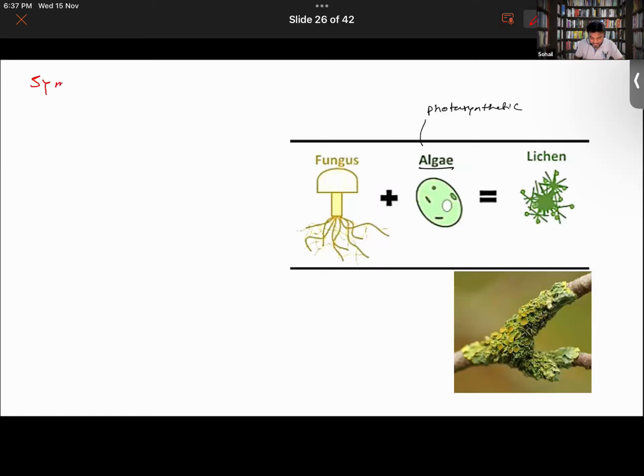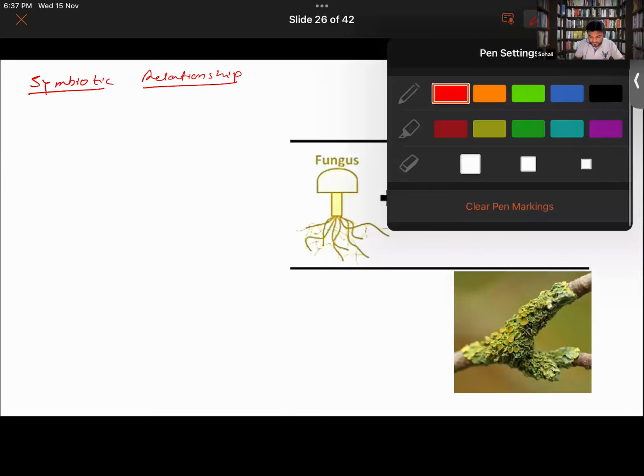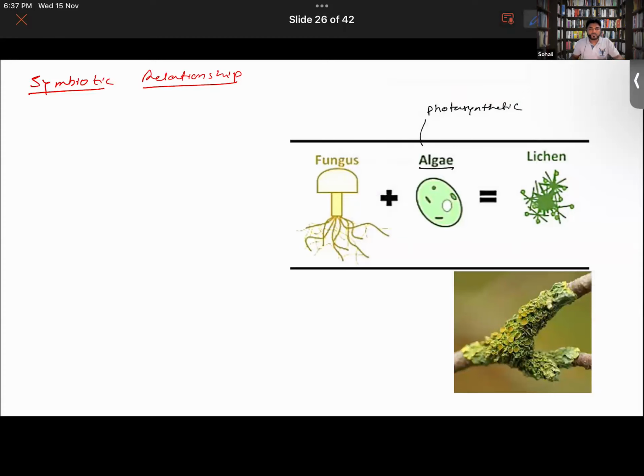How do we define symbiotic relationship? Sir, symbiotic plants are the plants which mutually benefit from each other. They are also called symbiosis or mutualism. And lichen is a good example of a symbiotic plant. Good. There are some other examples also which we will be covering in a moment. So first of all,